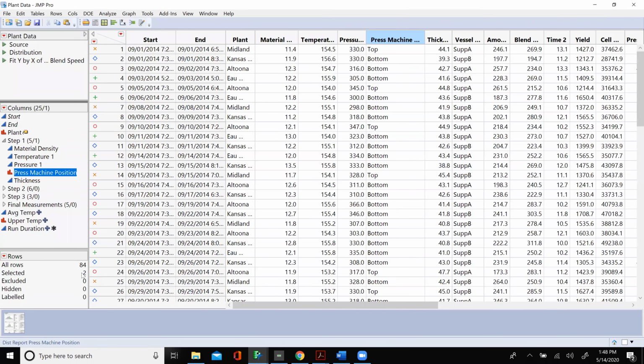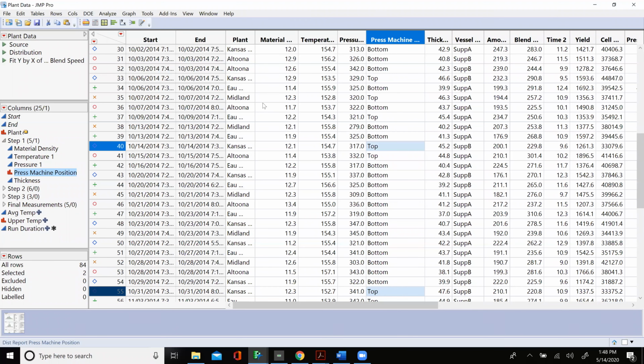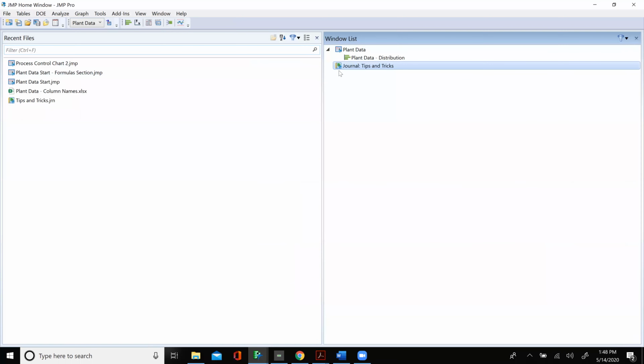Okay, you see that I have 2 of them selected. I don't see which 2 they are. But if I hit F7, JMP will go find them for me. That's the first one that I have selected. That's the second one that I have selected, and it'll even blink for me. See that? Okay, really useful in large data sets.